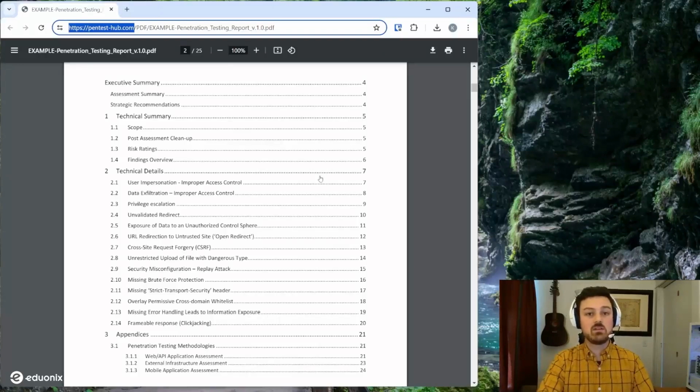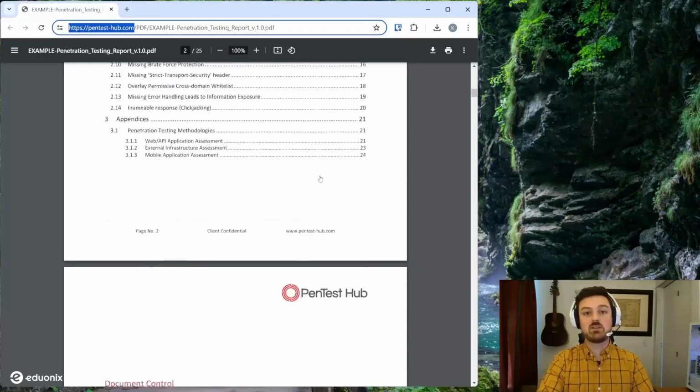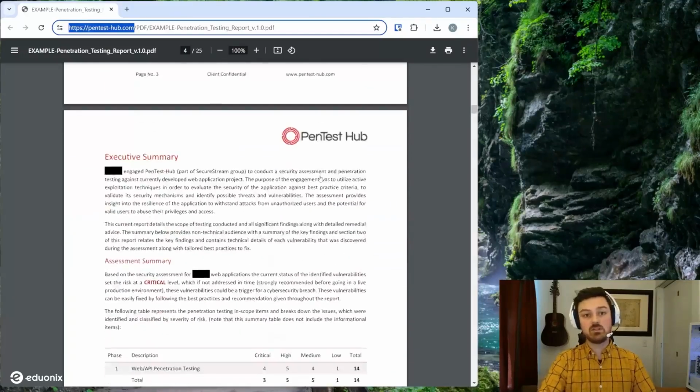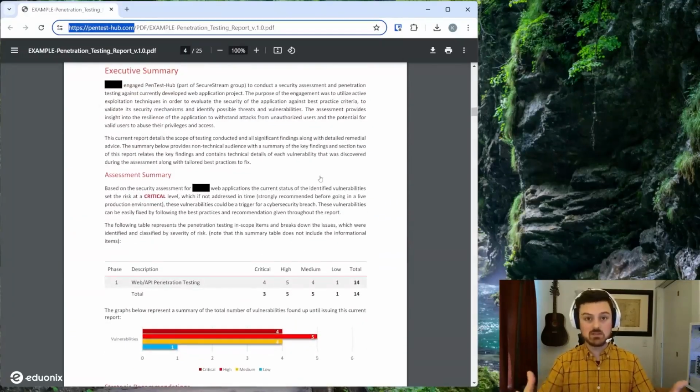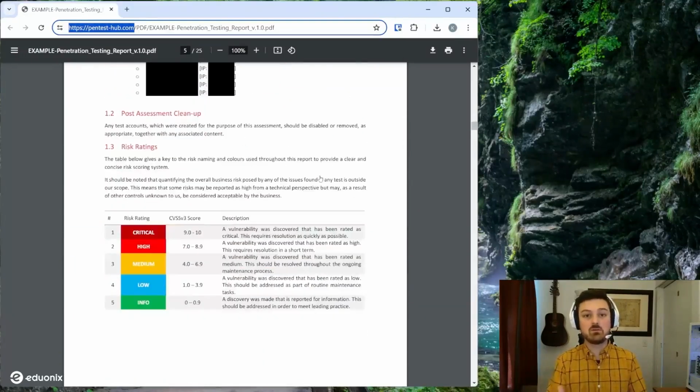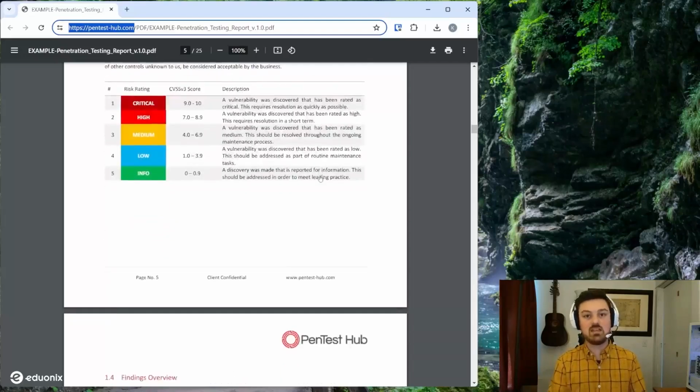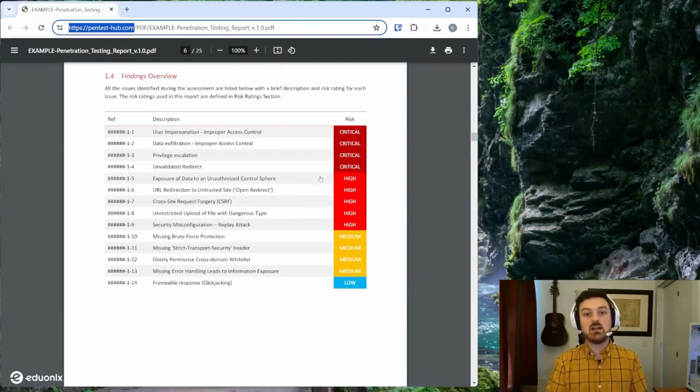So first, the executive summary briefly summarizes the scope of the test, key vulnerabilities found, and the potential impact to the business. It's designed to give stakeholders a quick overview of your test without the technical details. And so really, this is what's going to get you that management buy-in up front. Something quick and easy for everybody to read, and then the technical details are for if you want to expand on something specific in the executive summary, or your actual technical team is going to read the